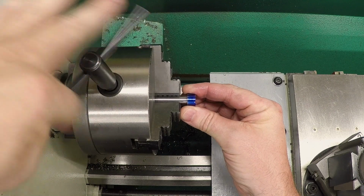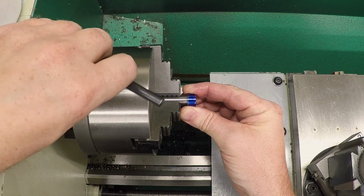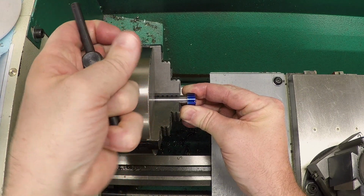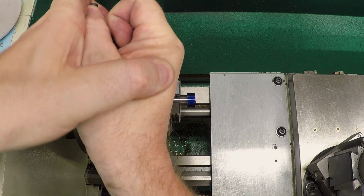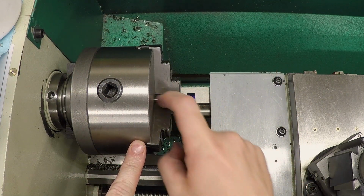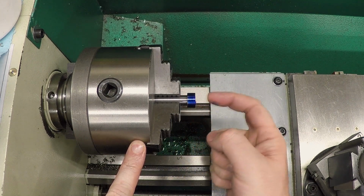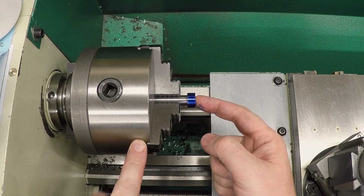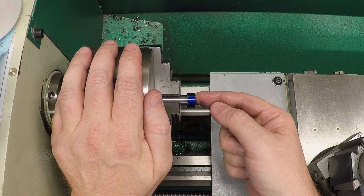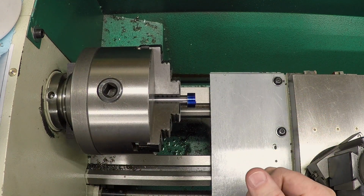Now, I am using a 3-jaw chuck here, so it's not going to be perfectly concentric, but it's going to be close enough for this application. The concentricity doesn't really matter. I've already got the internal threads in the point and both of the diameters concentric. The only thing that might not be concentric is the hole that goes in this end, and that's not going to be used when the part is turning. That's just going to be an anchor point for accessories on the back of the scraper, so it's not going to matter even if it runs out by a few thousandths,